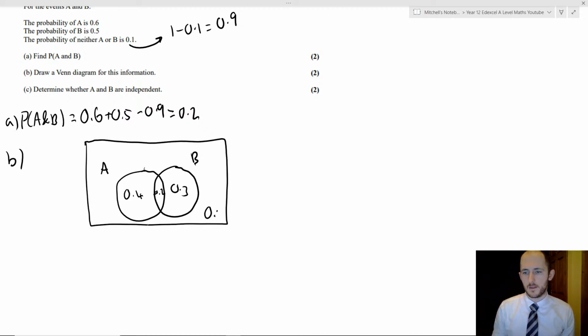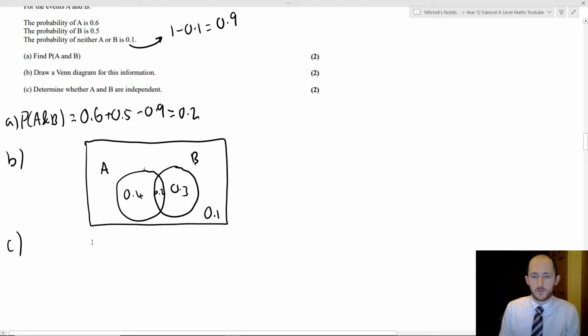Okay. So again, this neither A or B has to be outside both circles, 0.1, which is why we did this calculation here. And then lastly, for part C, it says determine whether A and B are independent. So, if you want to work out if they're independent, you do the probability of A multiplied by the probability of B,